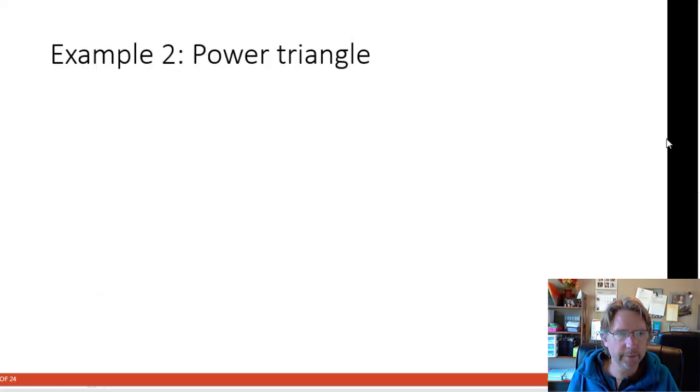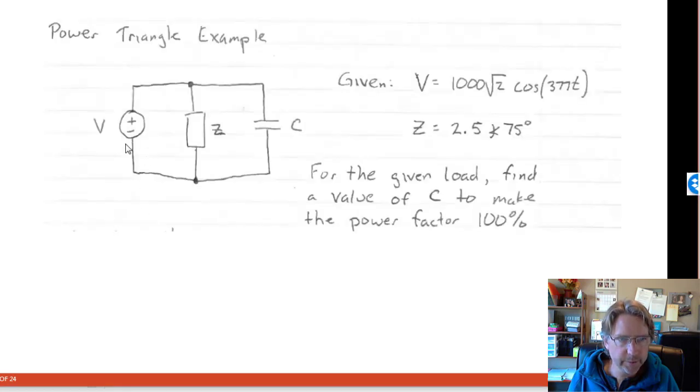All right, so this is another example of a design problem. And this is a common one if you're running a big industrial plant, like if you work for Tesla's auto assembly plants or something like that. Anybody using a lot of power. The setup is we've got a voltage source, so this is our power supply to the manufacturing plant, we'll say. And there's a load here,